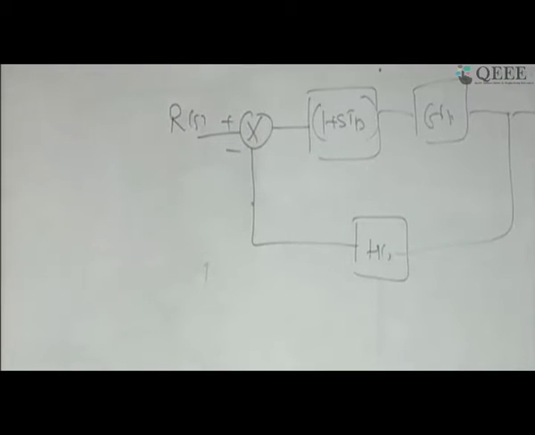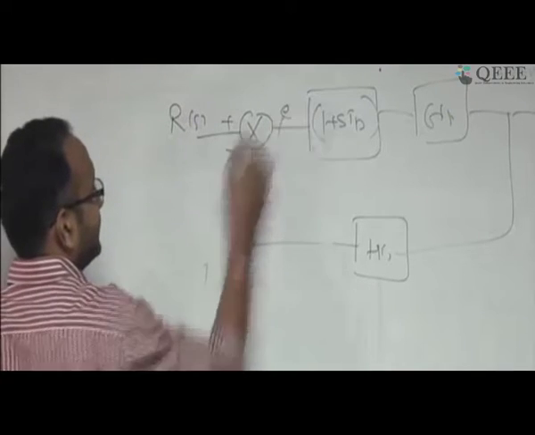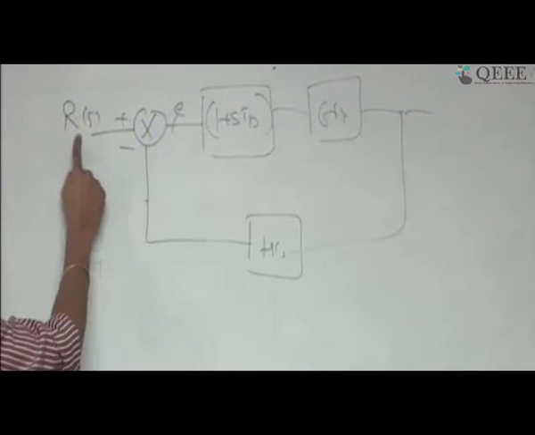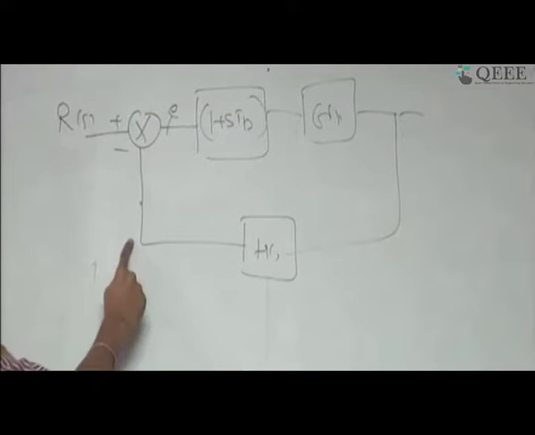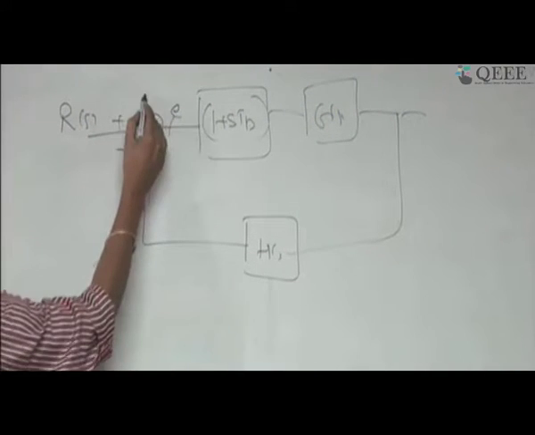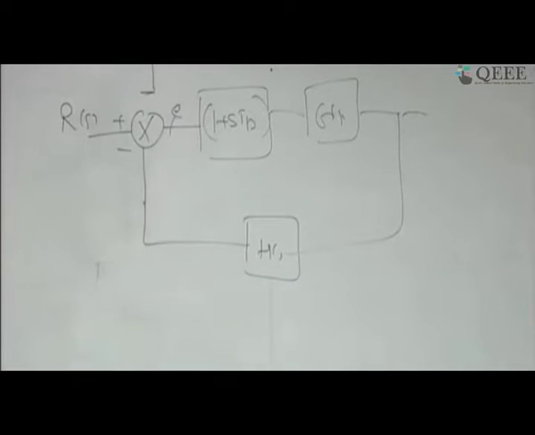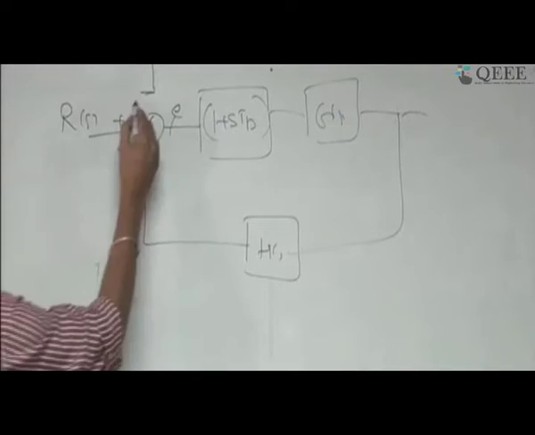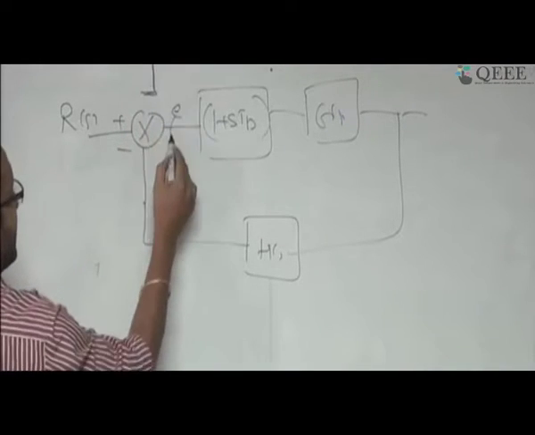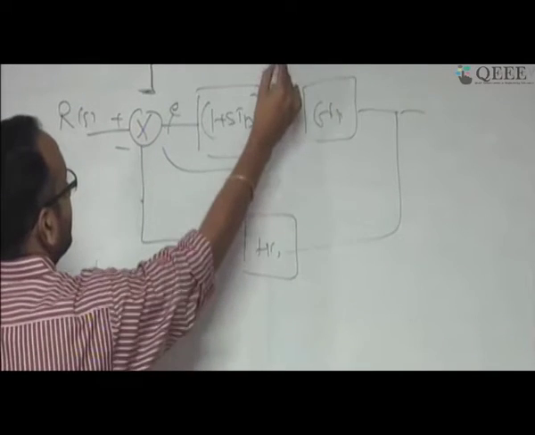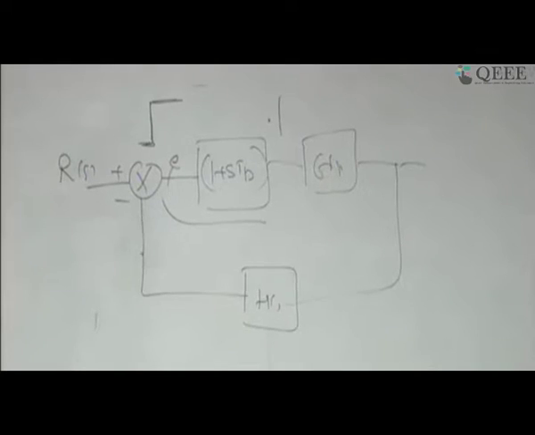Now one important thing is this error signal. There is a reference signal and this is your feedback signal, and if you take a subtraction, at some point in time I am going to get a sudden change, correct, that all of you are aware of. And if you take the derivative of this sudden change, it is going to be tricky to understand.